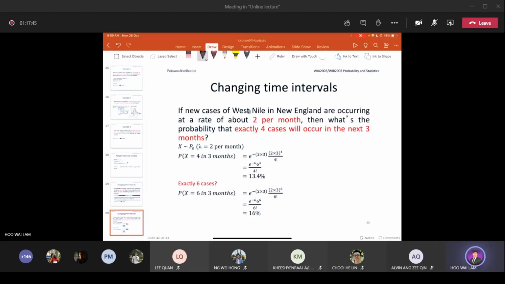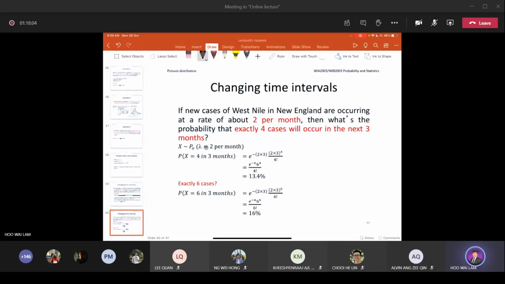Then, if new cases of West Nile in New England are occurring at a rate of about 2 per month, what's the probability that exactly 4 cases will occur in the next 3 months? Again, 2 per month, next 3 months, you add another 3 months, right? So in that case,